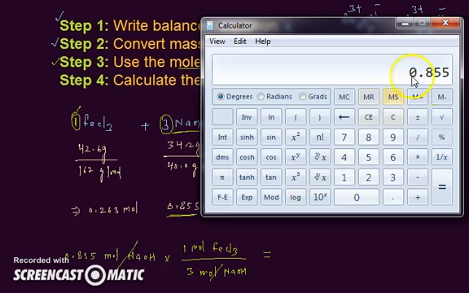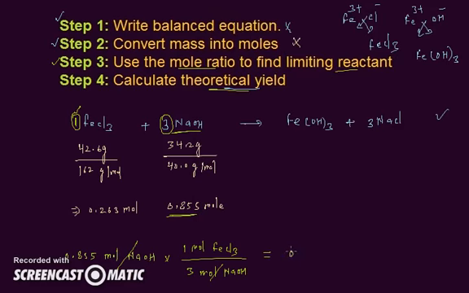In the top we have 0.855, it is already in the calculators, and it is divided by 3. This is the value we get, 0.285. Here we have 0.285. These are the moles of iron chloride required in the reaction. Well, now we compare the moles of iron chloride. These are the moles of iron chloride given in the problem, and these are the moles of iron chloride required